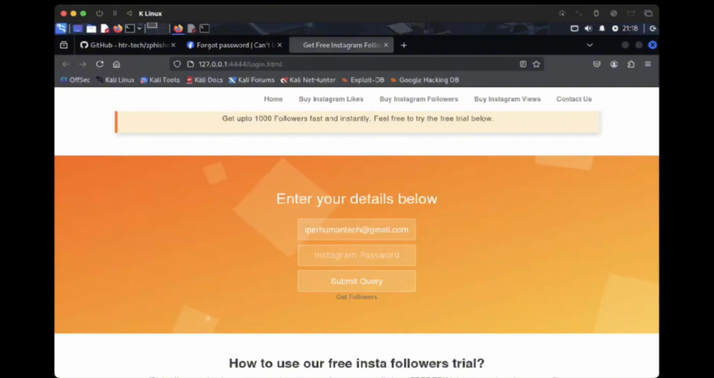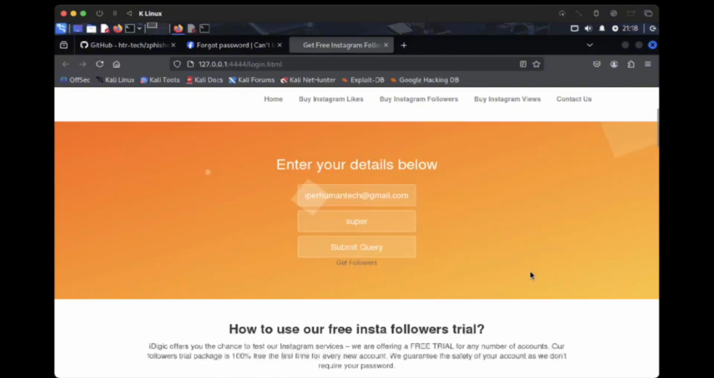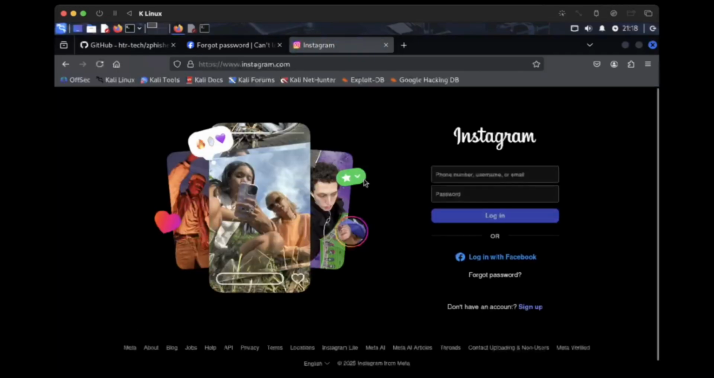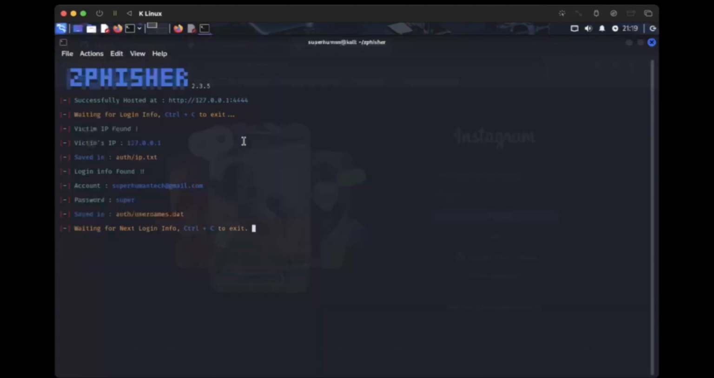superhumantech@gmail.com, and then let's use still the same thing, super, as the password. Now it will submit. It says submit query. We will submit that. It takes us to the main Instagram login page. So in your mind, you would think it went successfully. Let me now log into my Instagram. What does that do to you? It tricks you without you knowing to give out your information, and then when we go back to the terminal,